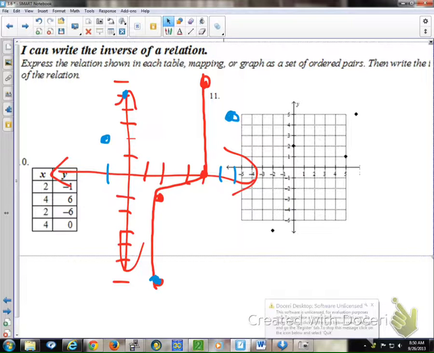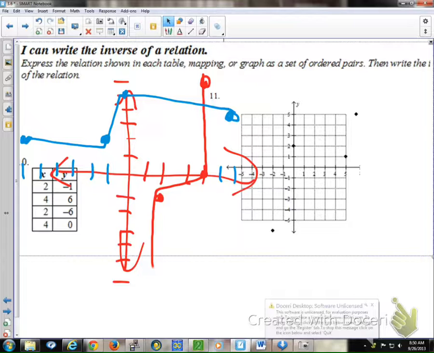Hold on, did I do all these right? -1, 2. Oh yeah, oops, my bad. I'm glad you caught that because this doesn't look right. It should be -6, comma 2. That's right. Erase that point. Now look what happens if I connect my dots. If you look at it sideways, you see how they're the same thing, just flipped over?